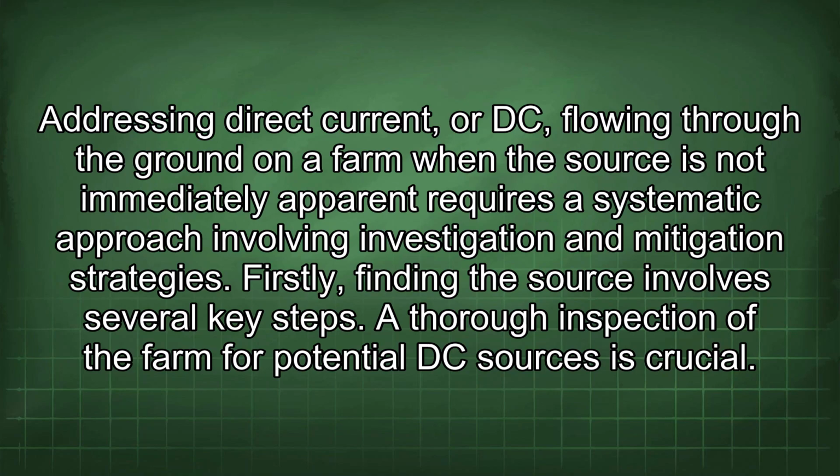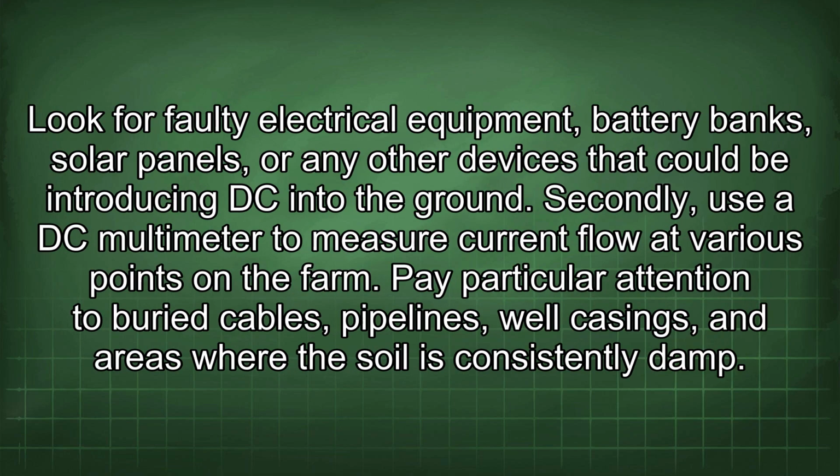Addressing direct current, or DC, flowing through the ground on a farm when the source is not immediately apparent requires a systematic approach involving investigation and mitigation strategies. Firstly, finding the source involves several key steps. A thorough inspection of the farm for potential DC sources is crucial. Look for faulty electrical equipment, battery banks, solar panels, or any other devices that could be introducing DC into the